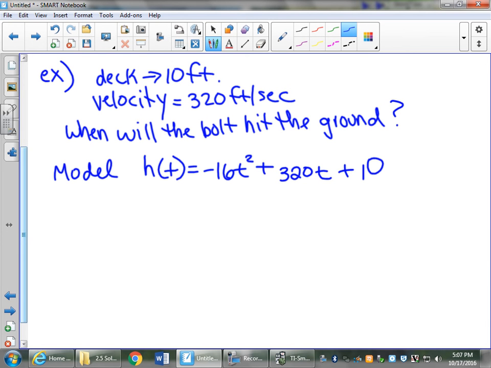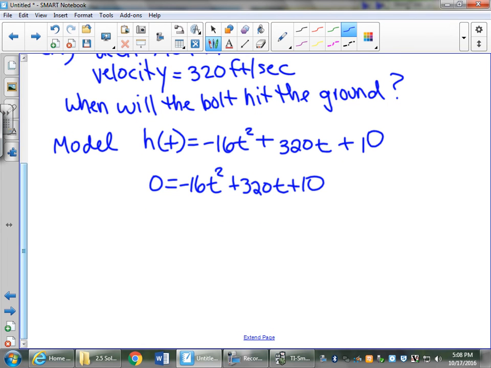Hitting the ground means we're going to have 0 here. I cannot solve this by square roots because of the velocity term, that middle term. We have to do the quadratic formula. So it'll be x equals, but the t is in x's location, so it'll be t equals negative b plus or minus square root b squared minus 4ac